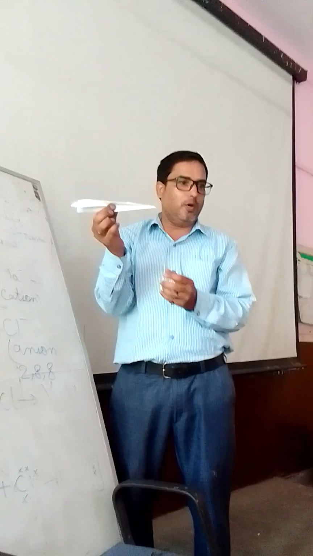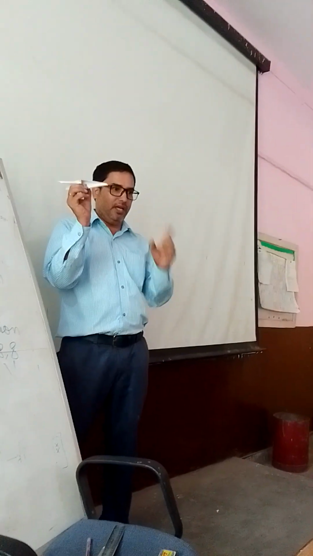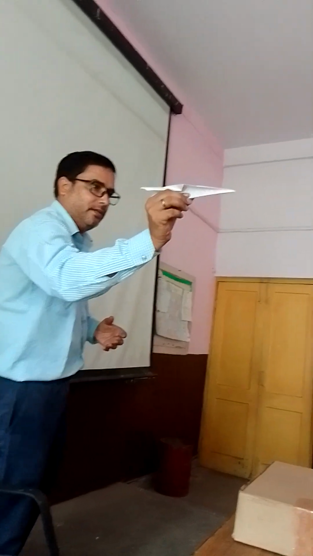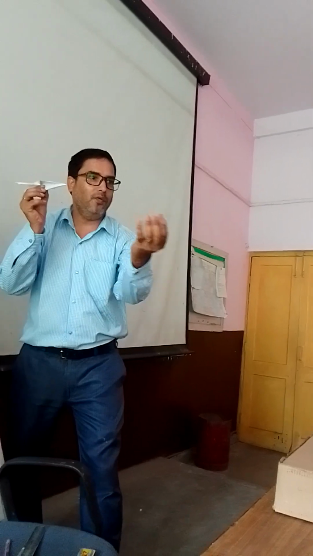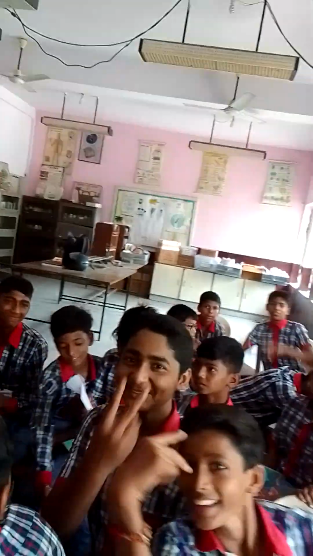Now I show you one more example. Toy aeroplane. When we leave this toy aeroplane in air, it is going towards you. Here is the medium of air. This air is applying the force against this flying aeroplane. This air is called fluid. This fluid applies the force against this flying aeroplane. This is called fluid friction. You can observe it. Okay. Thank you, students.